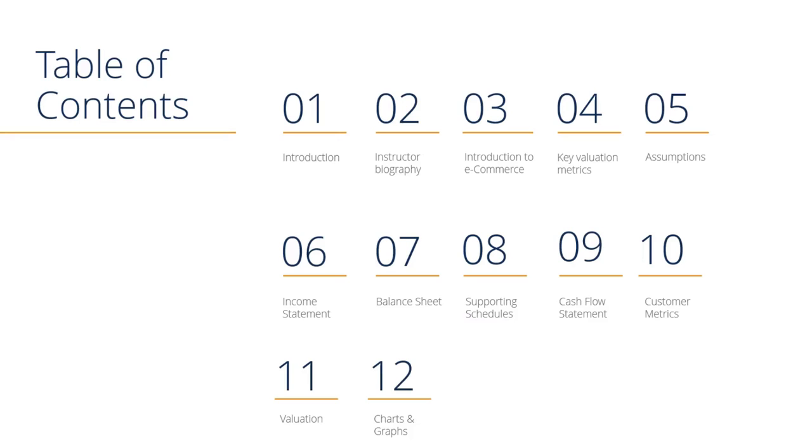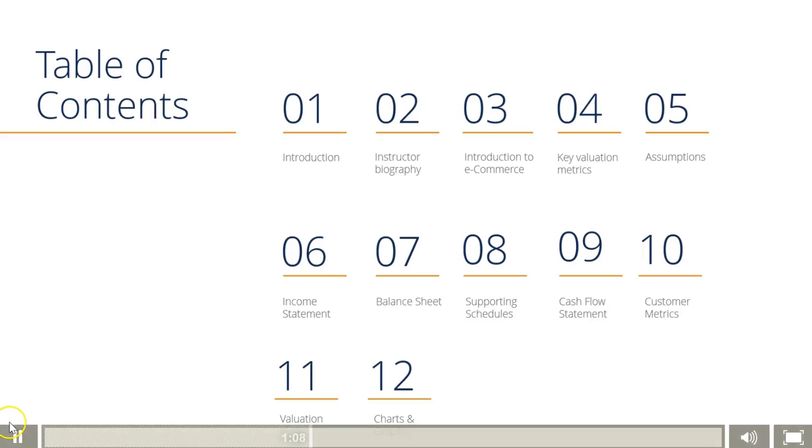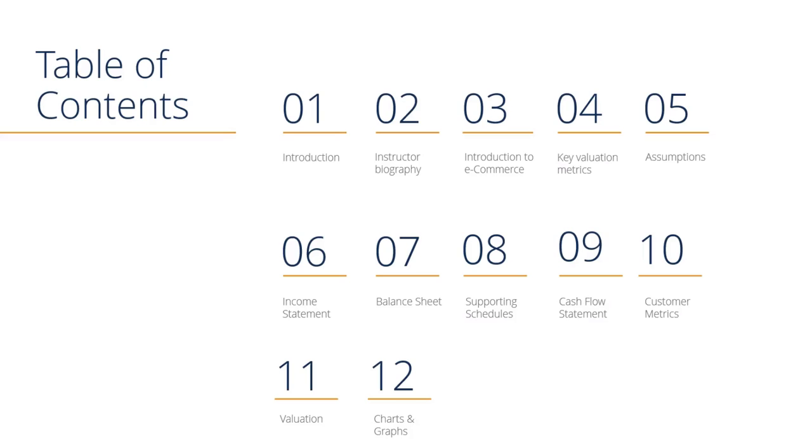We'll begin with setting out our key assumptions about the business, and from there we'll derive an income statement and a balance sheet. We'll make some supporting schedules for things like depreciation or interest calculations. And then we'll have a cash flow statement. Once all that's tied together, we will look at some very important customer metrics like customer lifetime value or customer acquisition cost. And finally, we'll do a DCF analysis of the whole business to arrive at a valuation. Once that's done, we can create some charts and output graphs so you can really wow management or investors or whoever you're giving this presentation to.